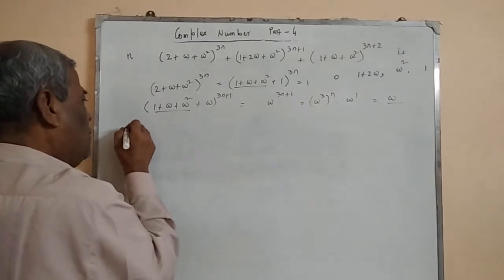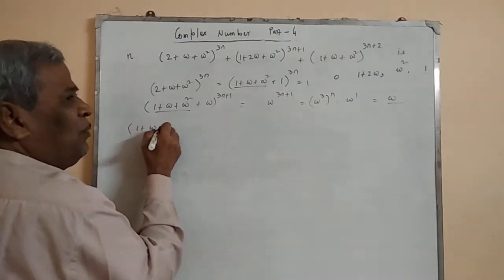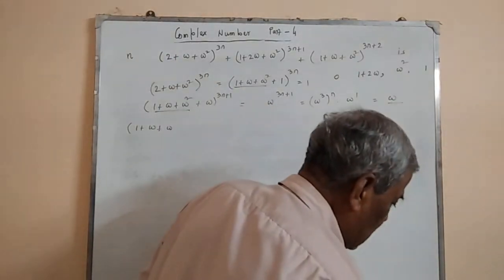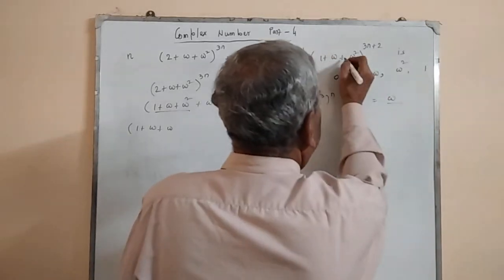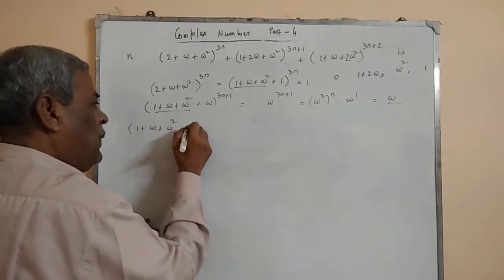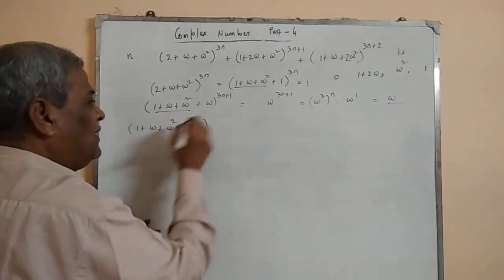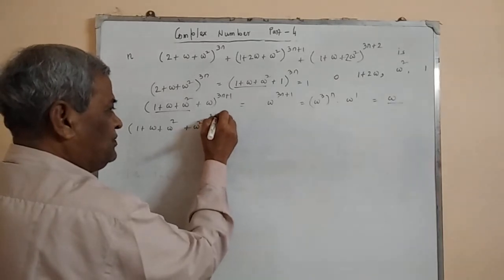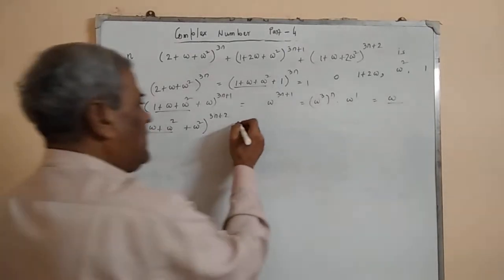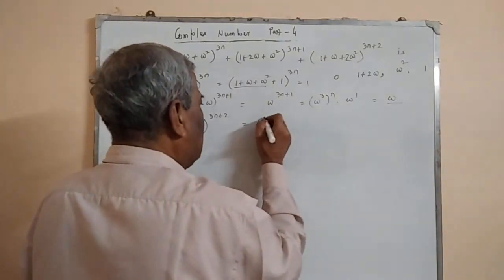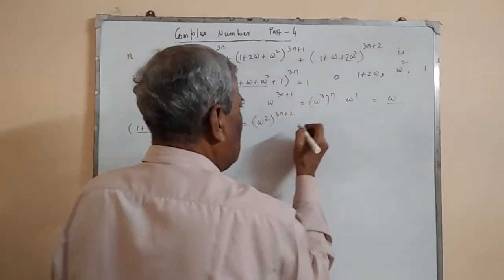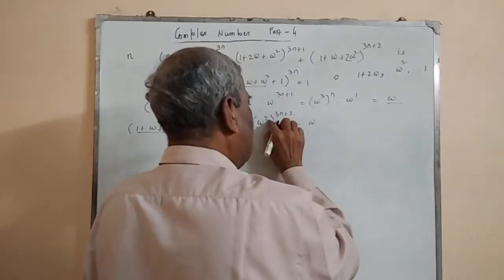Third one, 1 plus omega square. Oh, sorry. I think it was 2 omega square. Omega square plus another omega square to the power 3n plus 2. Again, this is equal to 0. So it is omega to the power 2 whole to the power 3n plus 2. It is equal to omega to the power 6n